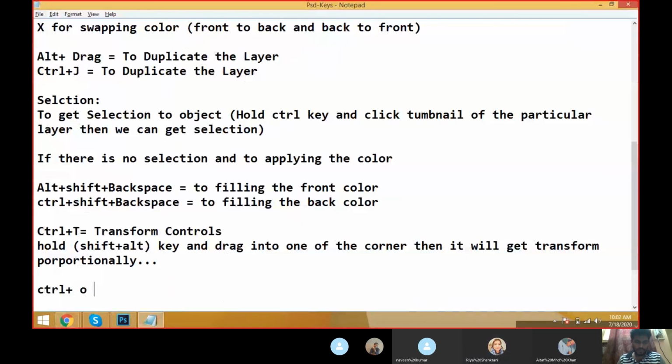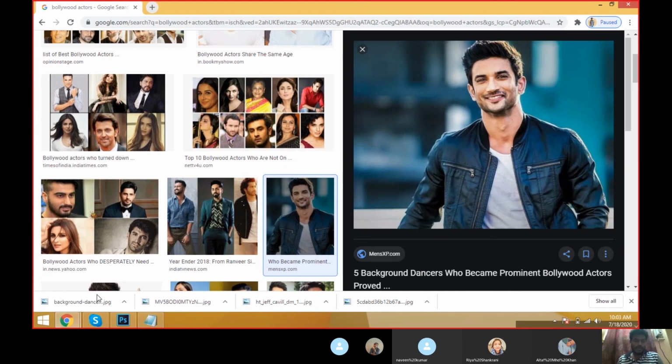Control O to open the image document, to open the images and saved documents, Control O is okay.